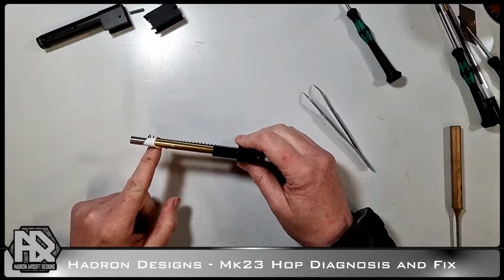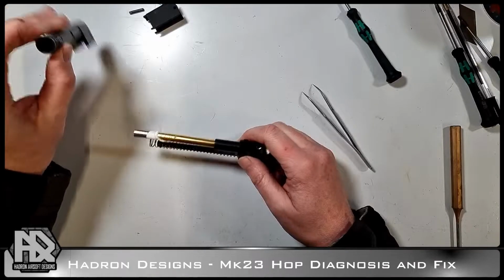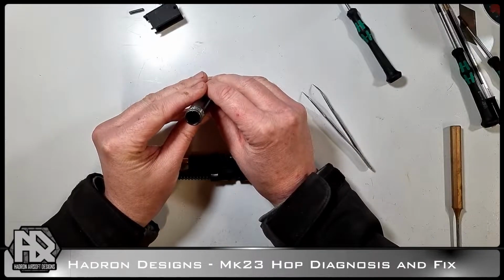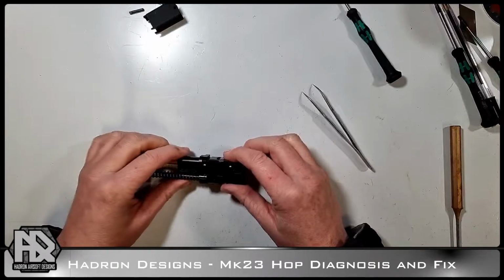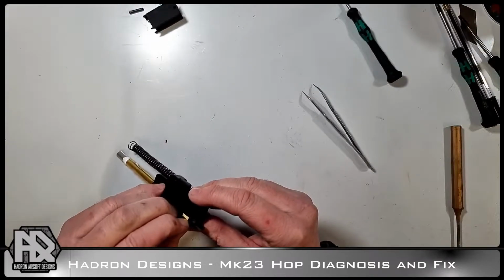So we've got some tape at the end, which is probably being used to stabilise it in the outer barrel. It's been drilled out. That's not bad, and it is pretty centre as well, so I have seen worse. But that's fine for now. Let's have a look at the...